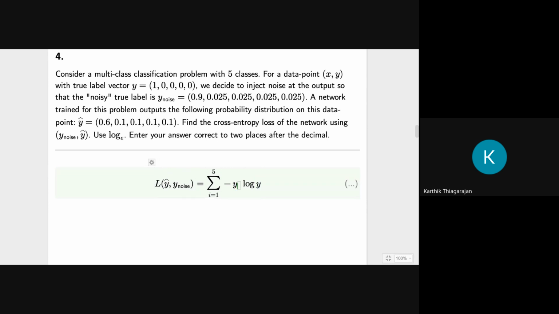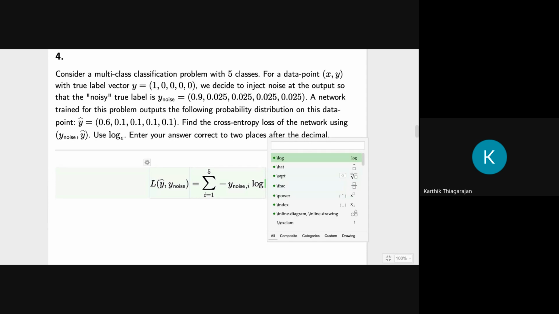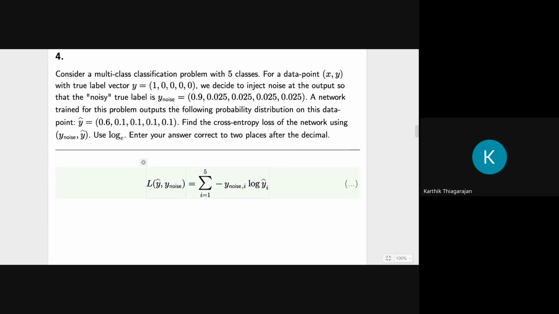So this is the true label, right? So it's minus y noise i, minus the predicted label. So minus y log y hat, sigma minus y log y hat. So what goes in here is the noisy version, and then it's a simple computation. So you just have to do minus 0.9. So that is the first term, minus 0.9 into